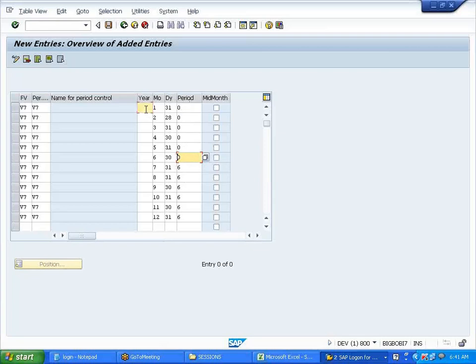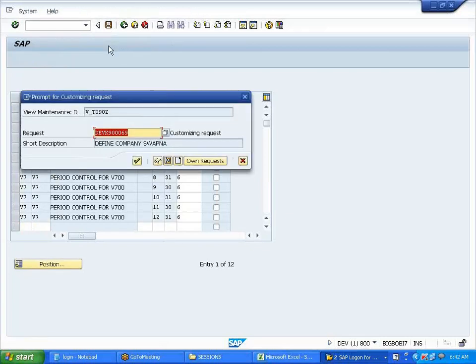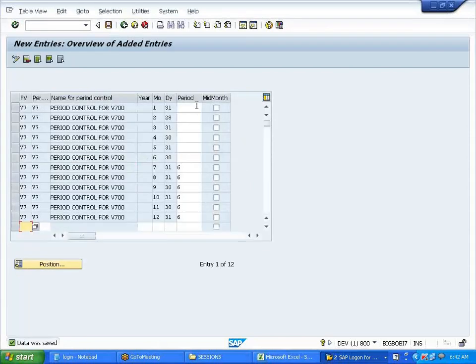Now I did not specify the year. If I specify the year, this posting period I am defining here will be only for that year. This period control method will become specific to that year, so every year I would have to come and define it. So I'm keeping this blank. Blank means full, for any year. I'll save it. It has gone blank, so don't worry. It is nothing but 0.